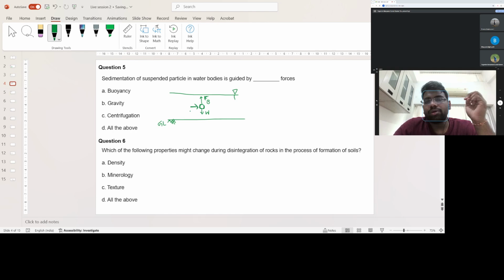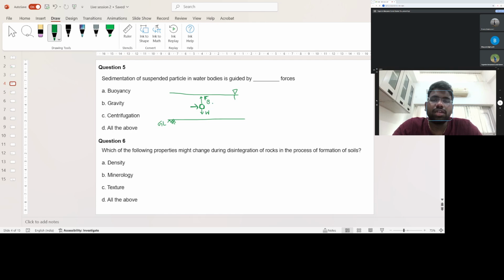So if you take a particular point in a river or any water body, at a particular point we can observe a particular size of particles being settled. That is partly due to the velocity of the water flowing along, along with the force of buoyancy and weight. But essentially, if we take sedimentation, the major forces that govern it is the